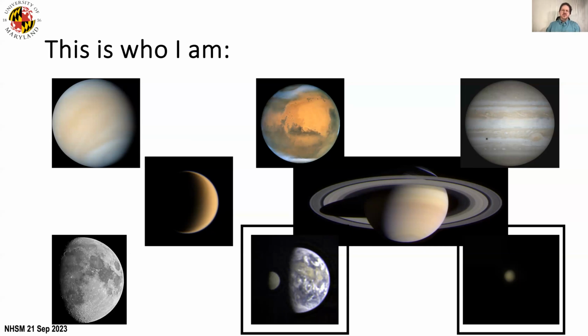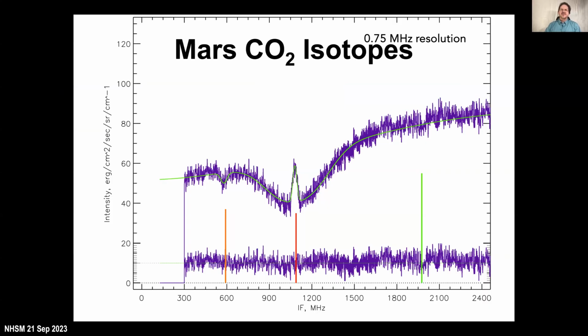I don't usually do pictures of planets, and in the ones I did do, that was kind of an accident. What I usually do is stuff like this, spectroscopy. This is what some of my colleagues refer to as a squiggly line plot, the kind of thing we put up, and then people's eyes glaze over and they say, what? I'm not going to put up many squiggly line plots, but I did want to get across the idea